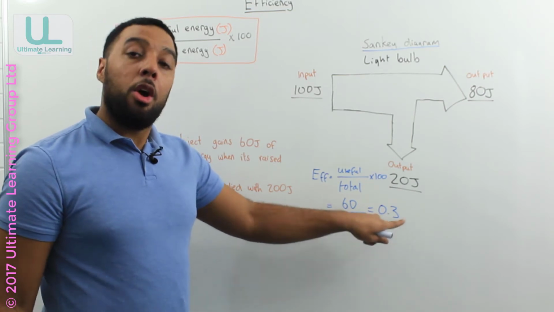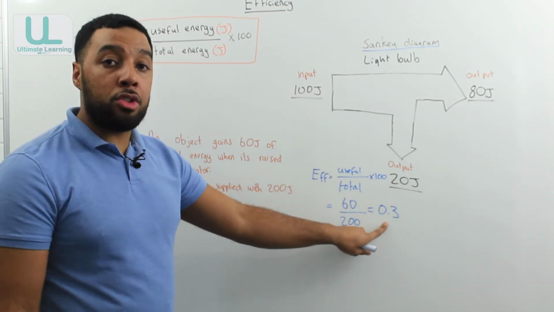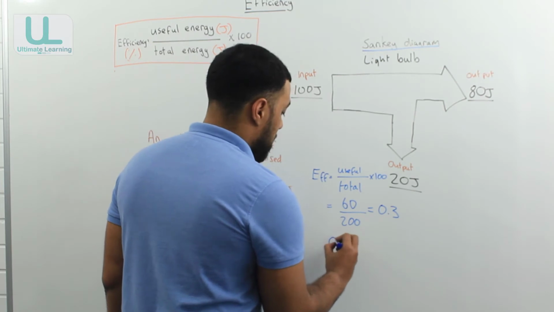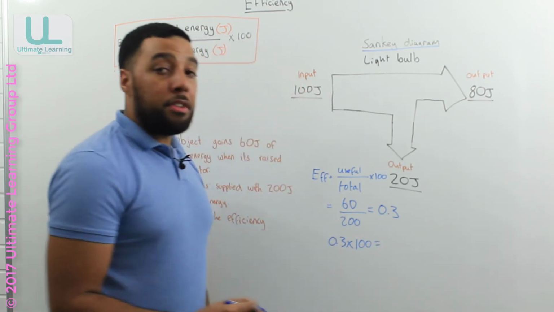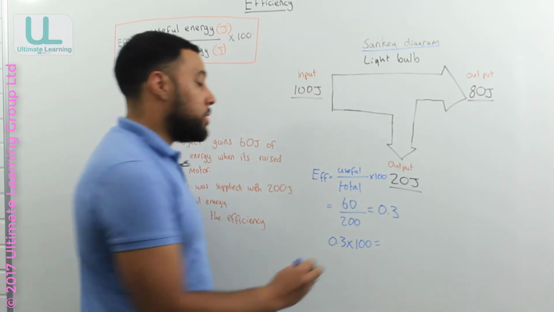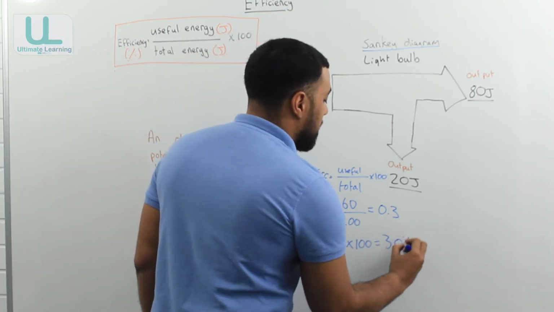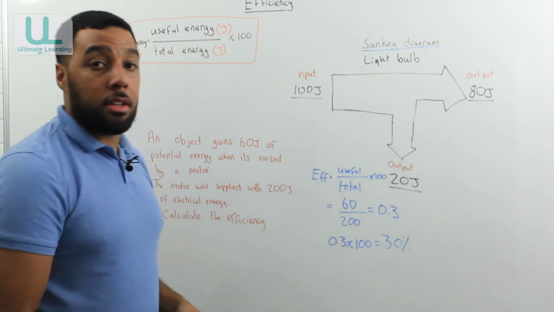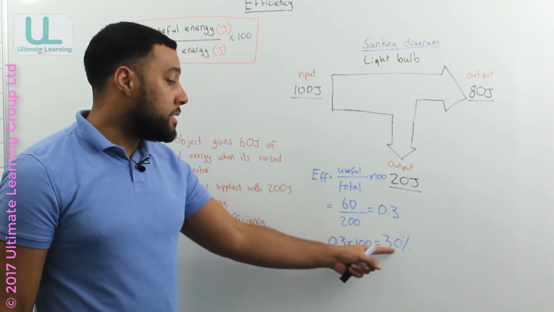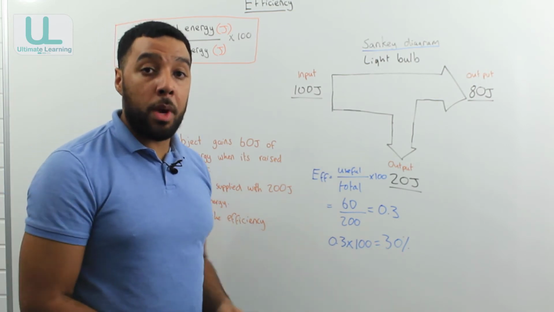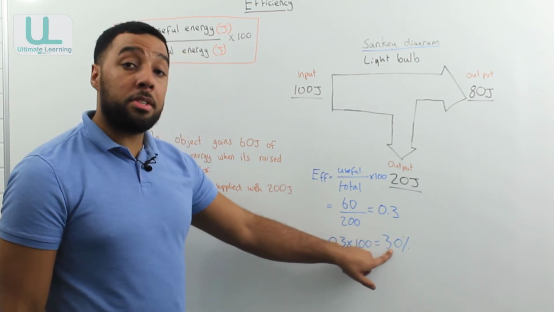We can times that number by 100, and that would give us the efficiency as a percentage, which is quite easily 30%. So this motor isn't very efficient at all because 70% of the energy is being wasted and only 30% is